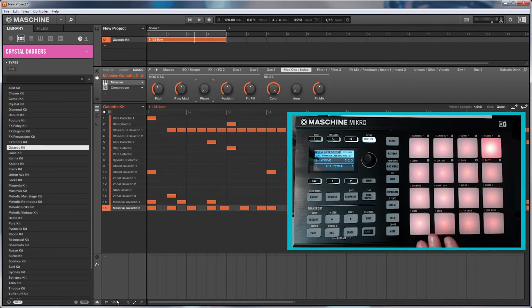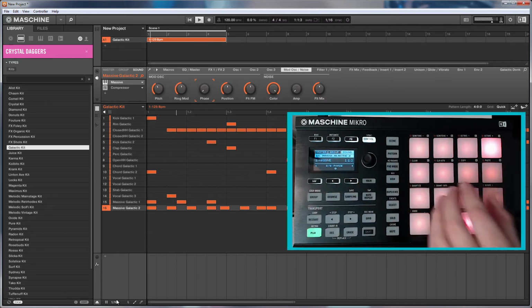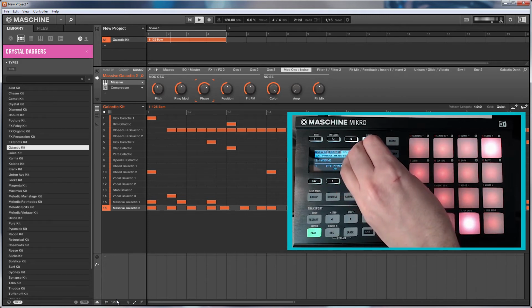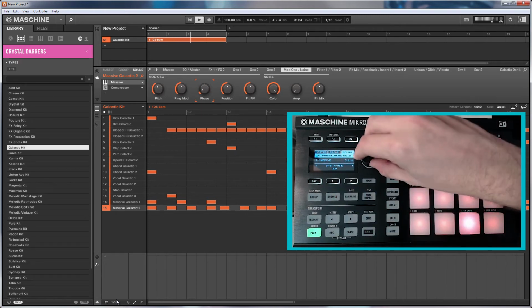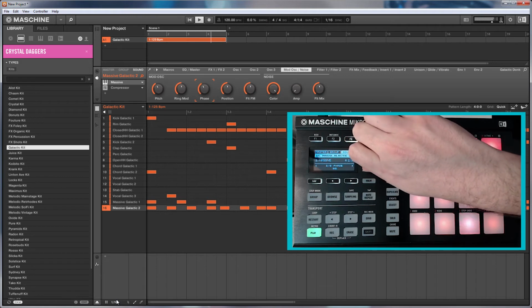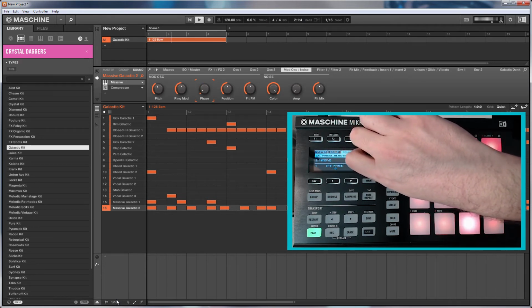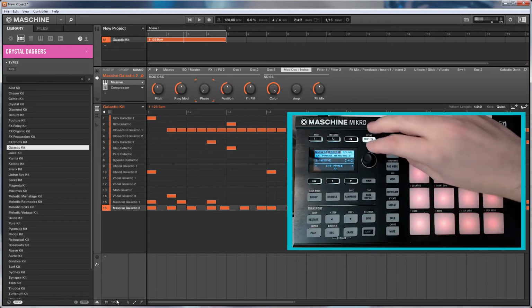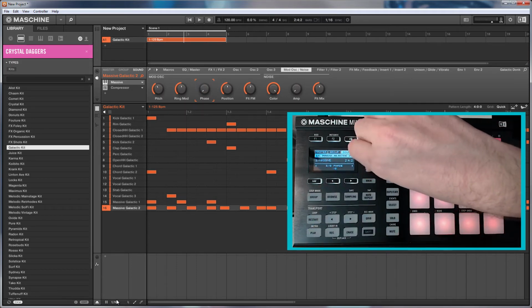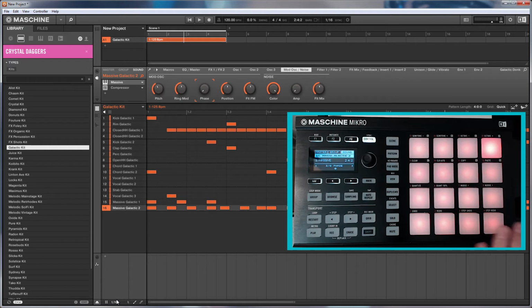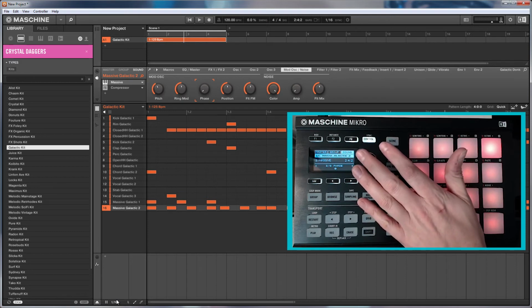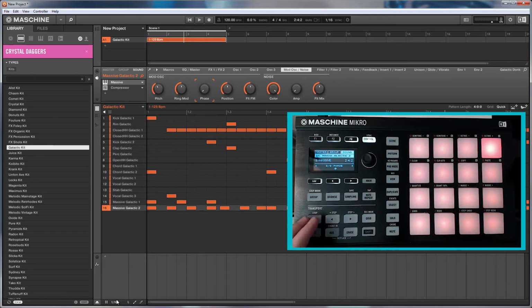So we want to automate that sound. How are we going to do it on the controller? Well, we can play the track. And that sounds good. It gives us an idea of how we want it to sound. But all we need to do on the Micro to actually record that automation is hold down Shift while we're turning this button here. So if we restart that and hold down Shift and turn the button,